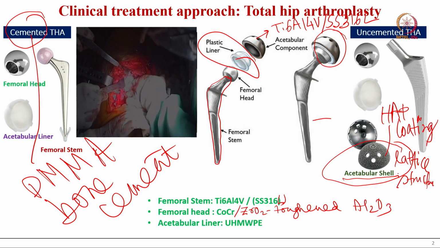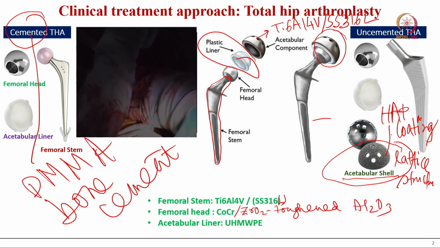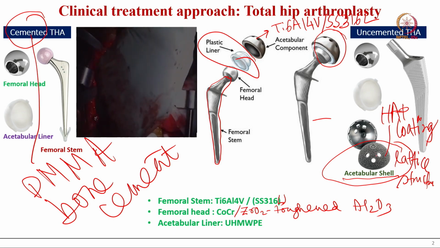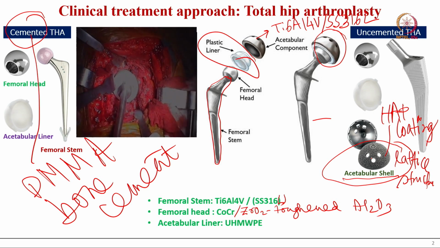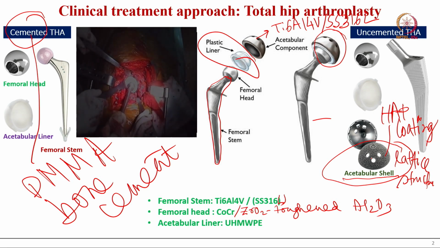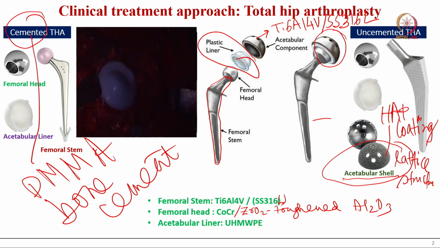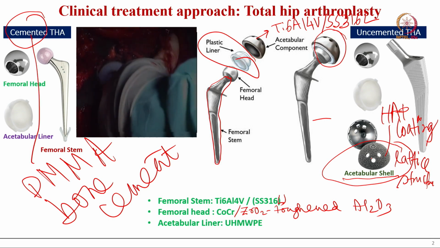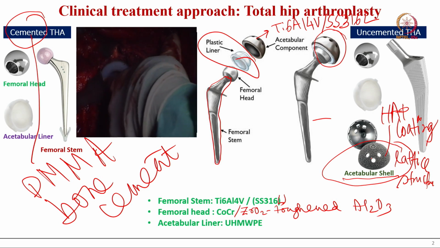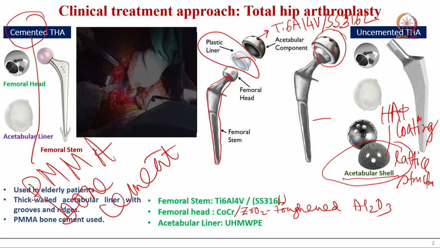So, this lattice structure essentially will give certain roughness, and what has been clinically observed and recorded is that this lattice structured acetabular shell will have similar osseointegration properties as a hydroxyapatite coated acetabular shell. Therefore, these are the two materials based approaches to improve osseointegration, or integration with the host bone. One is the hydroxyapatite coating, and one is a lattice structure on the outer surface of the shell.